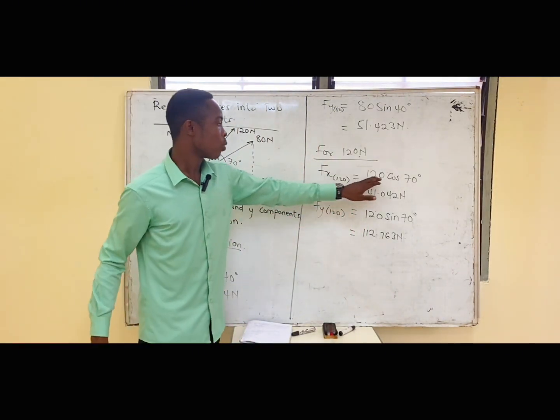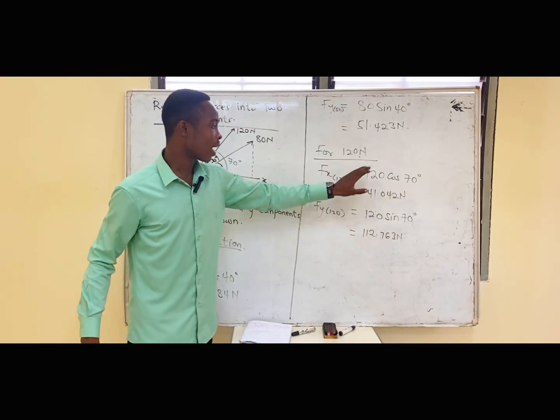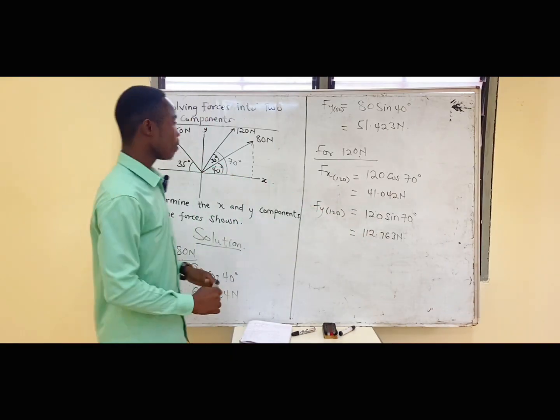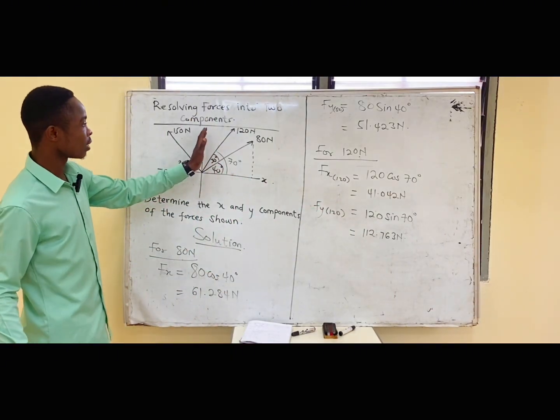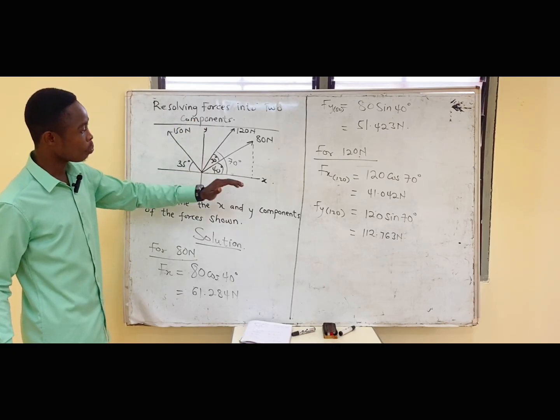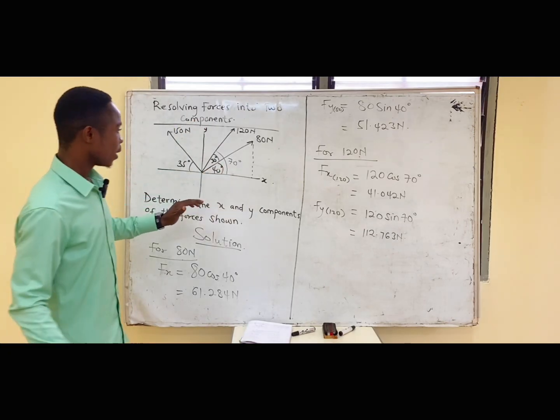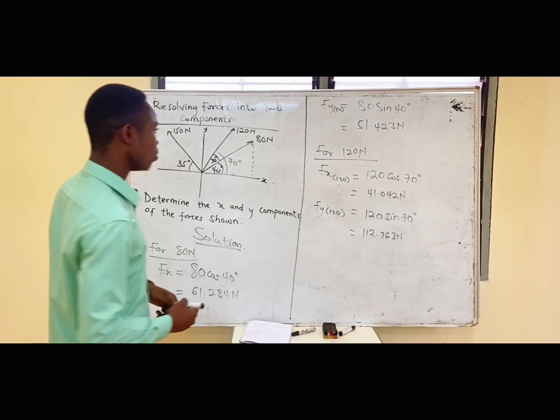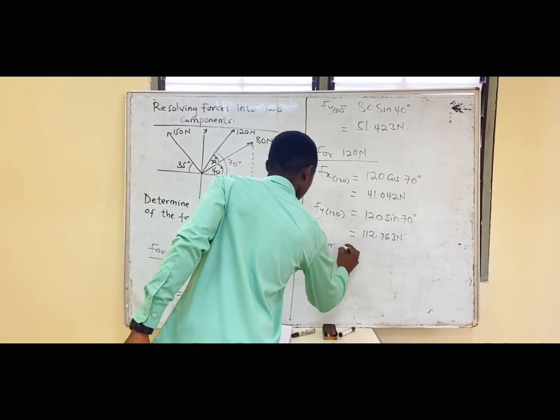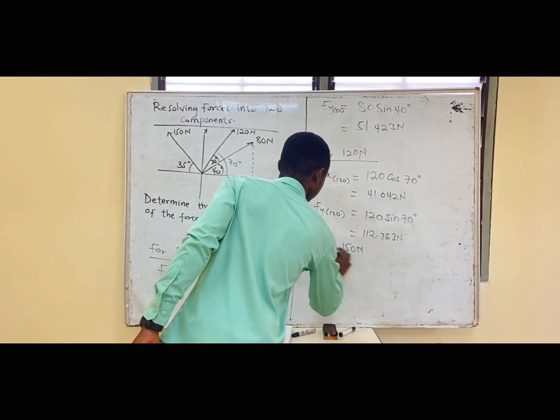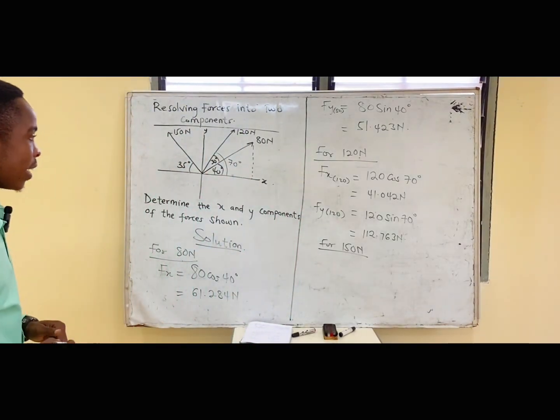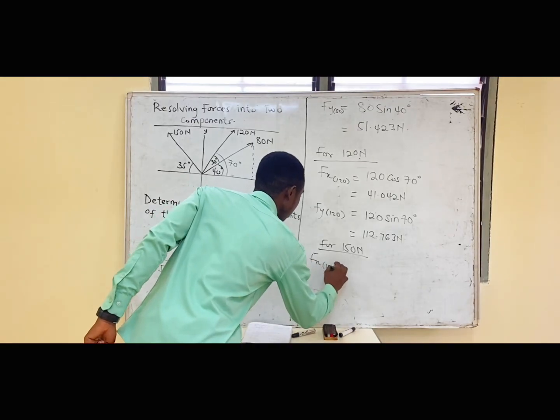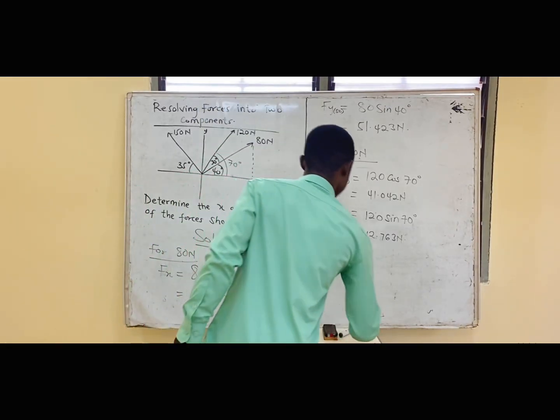Please, I hope you are with me. Yes, since the x took cos because the angle is adjacent to the x-axis, then the y component will take what? Sine. But because they are all lying in the first quadrant, the y component is positive, the x component is positive. Then let's move on to our last part of the question, which is the 150 Newton force. So for 150 Newton, well underlined, we have our x component Fx for 150 to be equal to negative